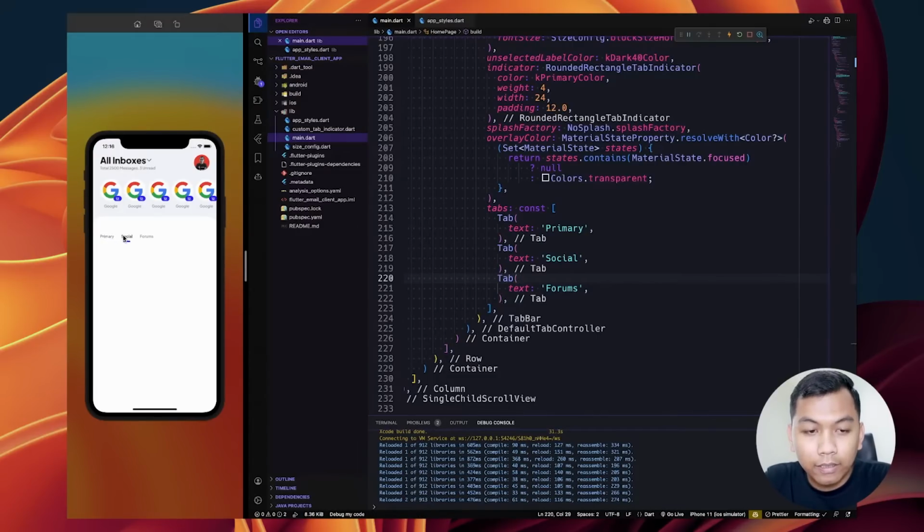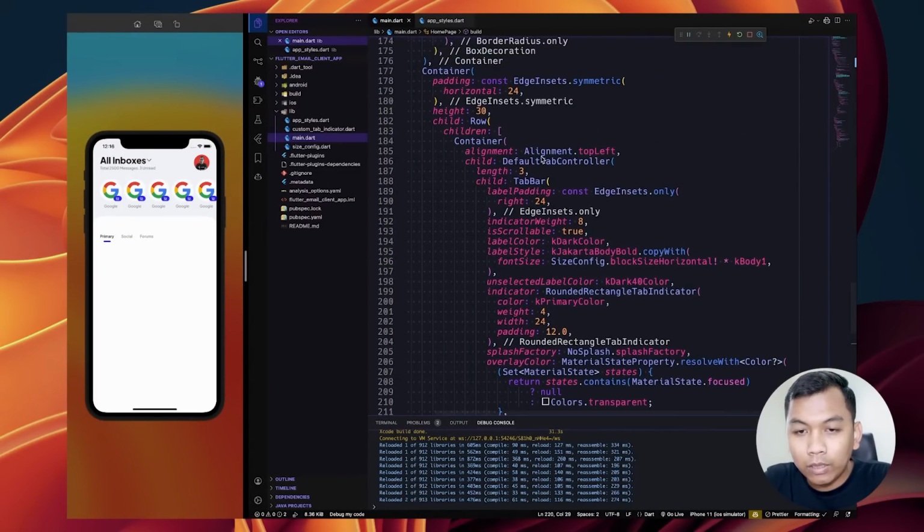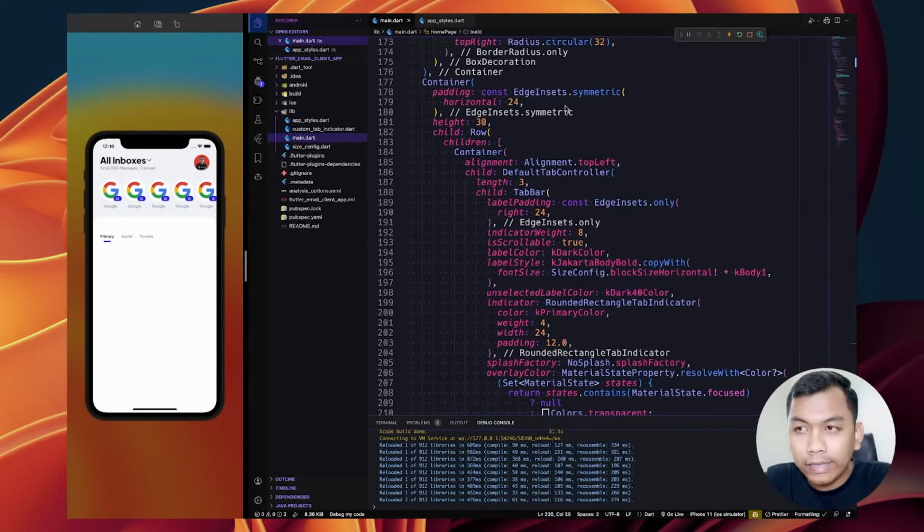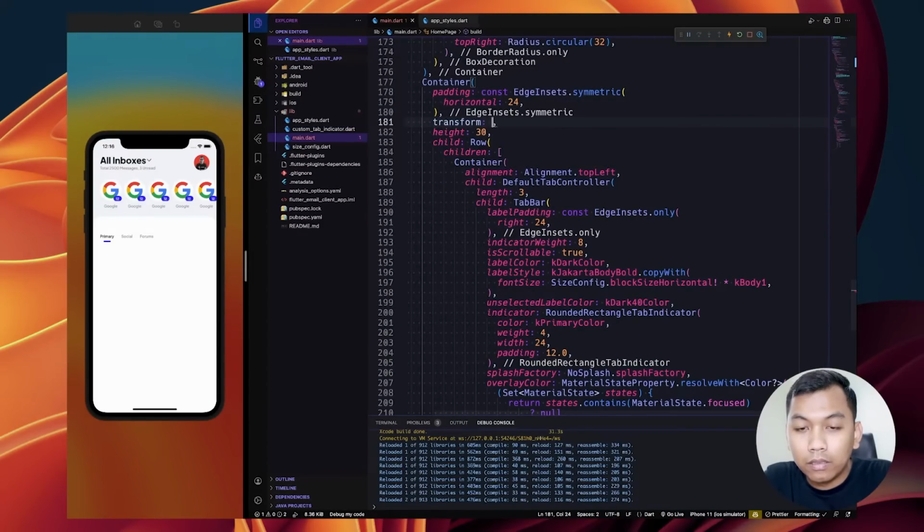And you will see our tab, and we need to translate our container, which is here, transform matrix 4, translation value 0, minus 36 and 0.